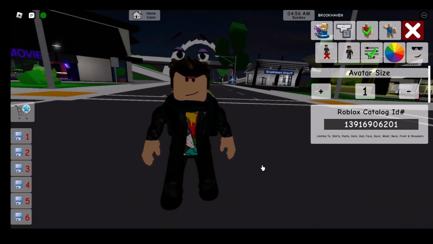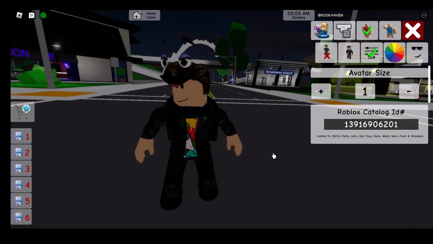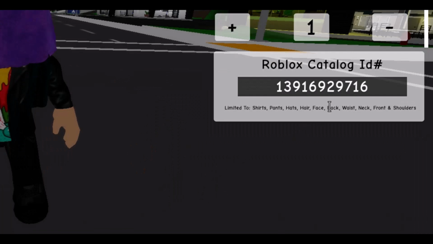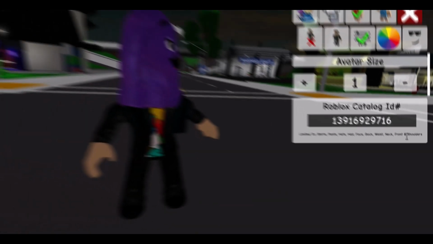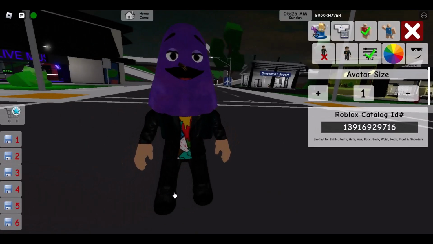So now the second code for the hoodie is, our hoodie face is, so the second code is 139169297716 for the hoodie face, and the third code for the shirt is